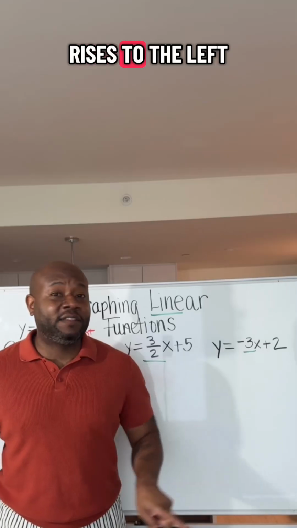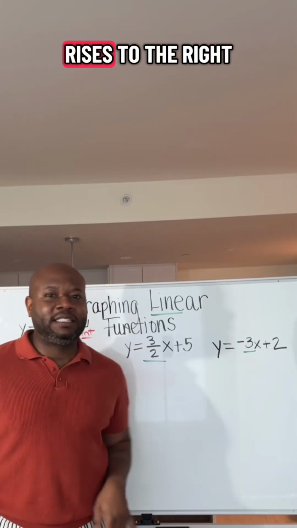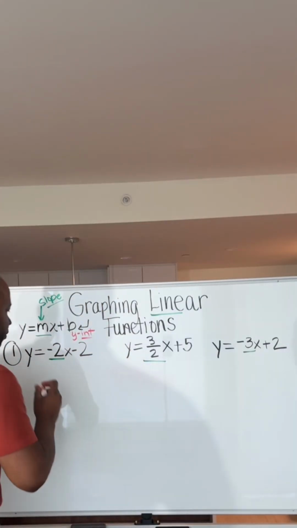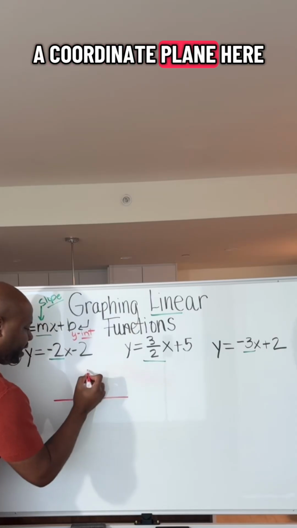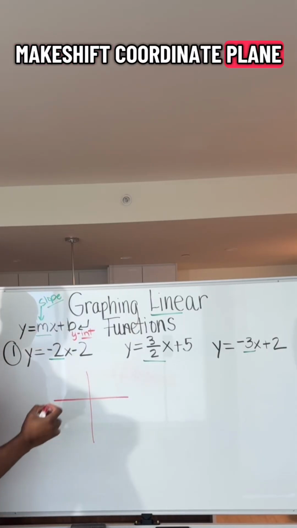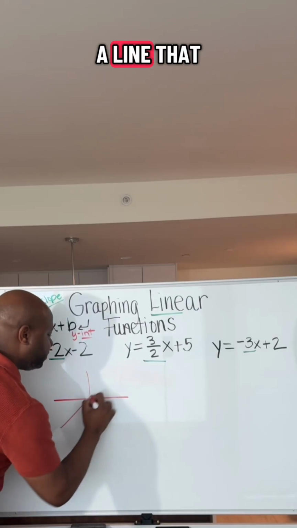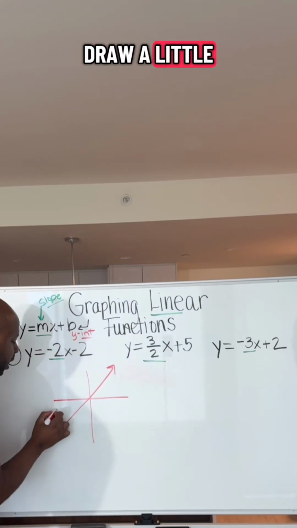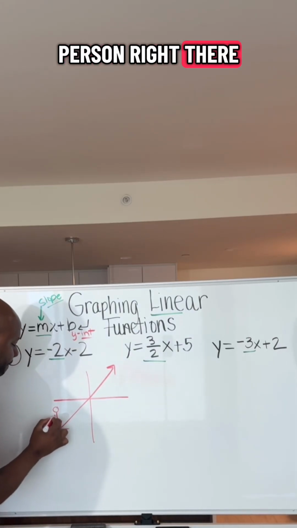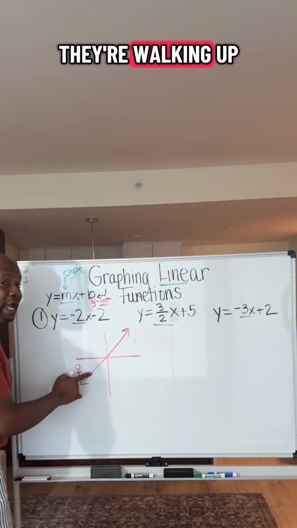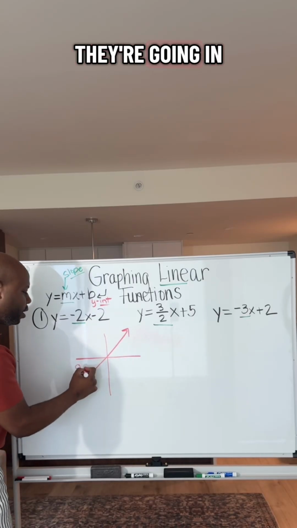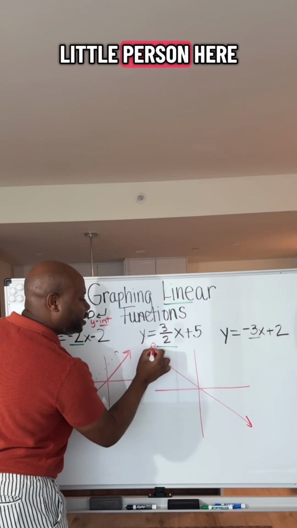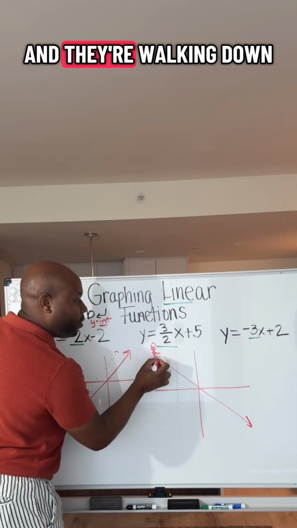Negative slope rises to the left, a positive slope rises to the right. How do we remember that? Well, let's look. If I had a makeshift coordinate plane here, and I had a line that rose to the right, what I like to do is draw a little person right there. Read from left to right. If they're walking up as they go left to right, they're going in a positive direction. But draw a little person here, and they're walking down,